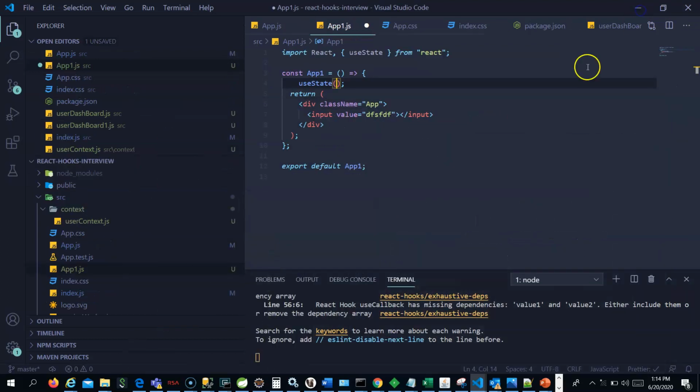But in case of useState, the React hook in a functional component, you can give any value. You can give a string, boolean, or a JavaScript object. So right now I want to use it for the input button, so I will give a string. Maybe hello will be my default value for this state, and this will return two things.